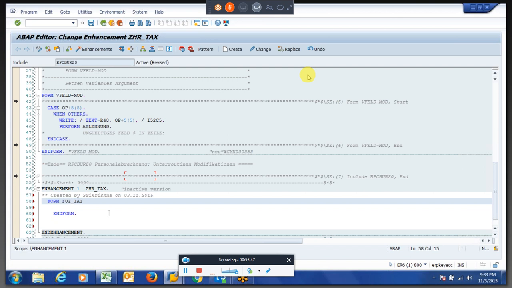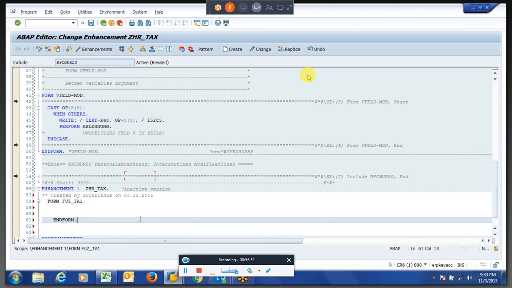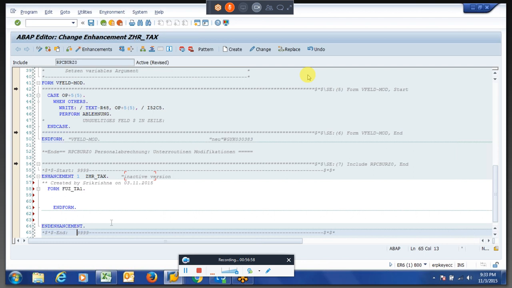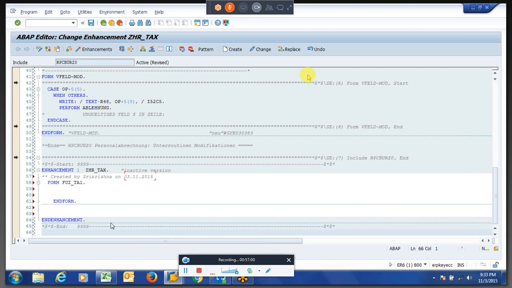So you have to do accordingly. What I have done here is just given the form name. I didn't build any logic, right? The form should be available in the particular include wherever it is, even if there is no logic.